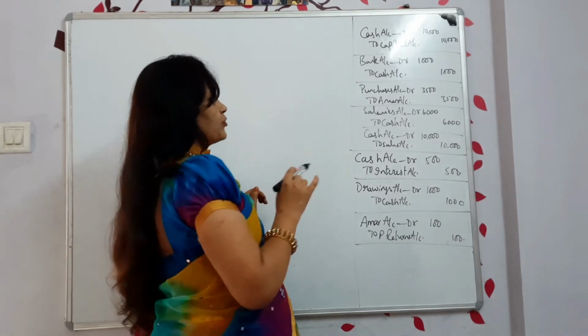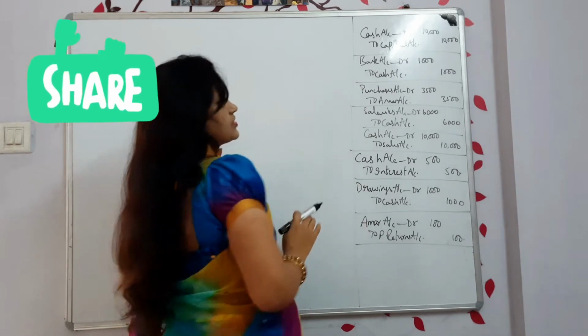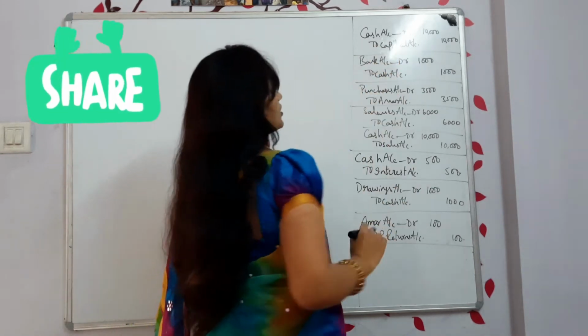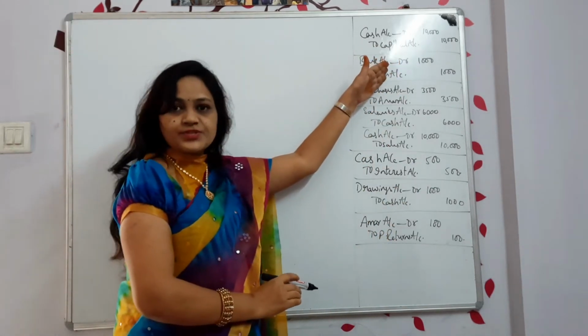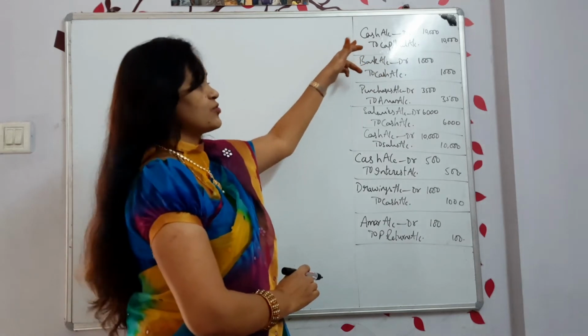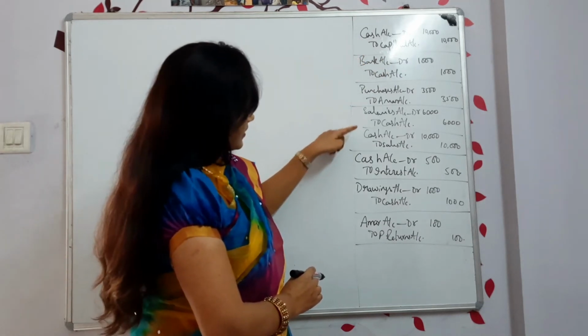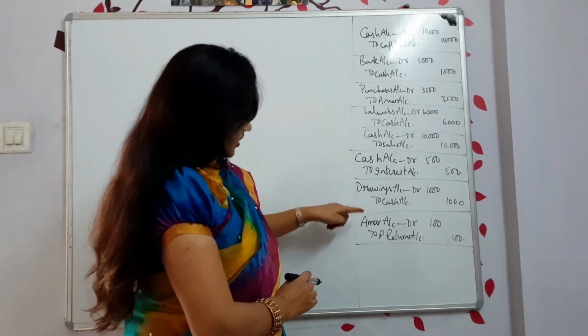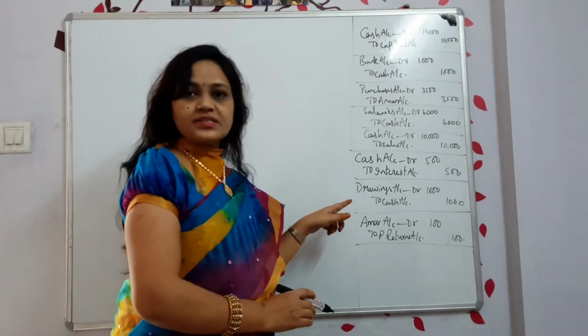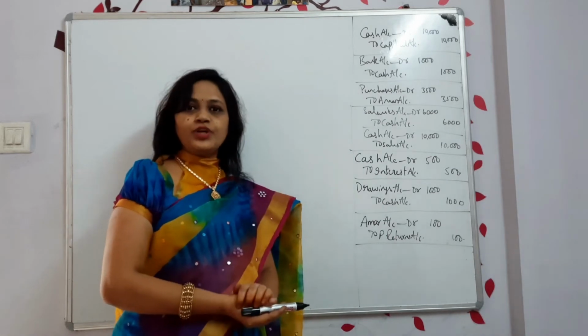Okay, I will tell you one more thing clearly. Here cash is there. First thing you can see, cash account. Cash account debit to capital account is the journal. That means cash account is the first one. So cash account is there. Here credit, here again credit, here debit, debit, credit. So these many places are there. So do we need to prepare this many cash accounts?